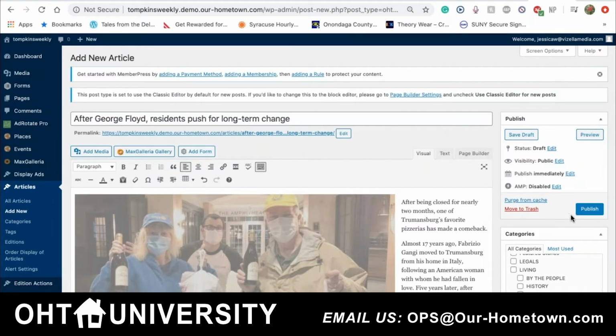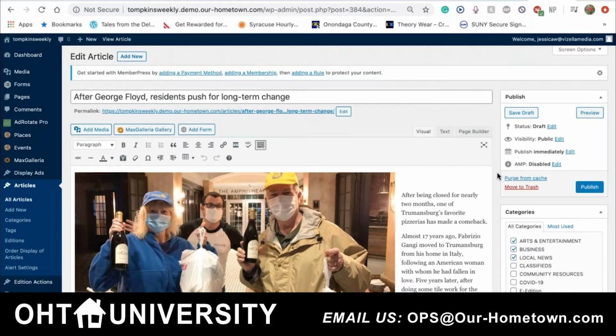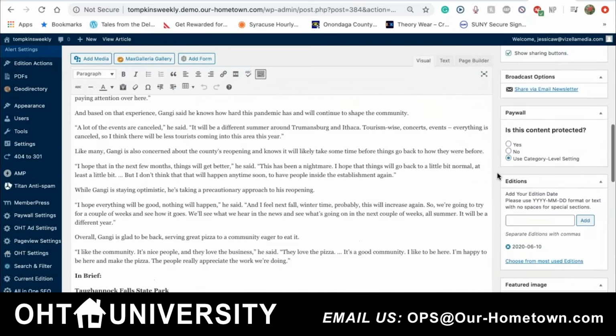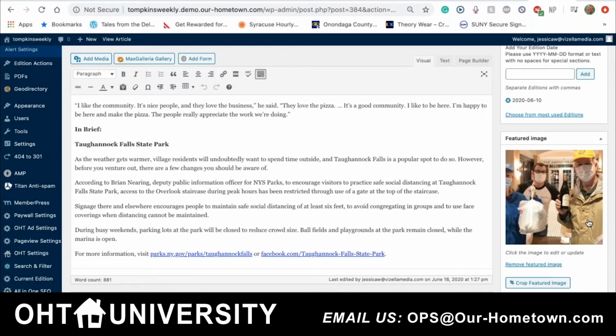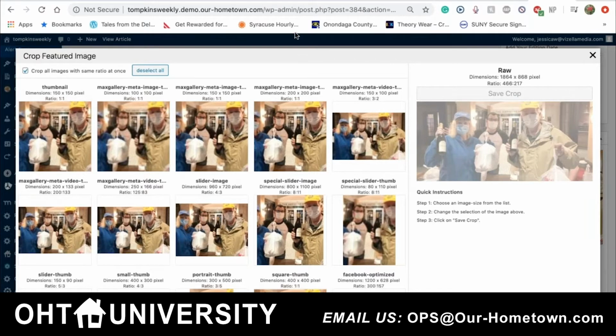And I would save draft right now because I want you to see if this automatically sets your featured image. So scroll down on the right-hand side again. Now you can crop your image here. Say you only want to show the guy in the back. Click the crop featured image button and you're going to see a whole bunch of options for different size images. Unfortunately, I have to get a list of where these all display because I don't know. When I'm cropping images, I usually end up cropping them all,